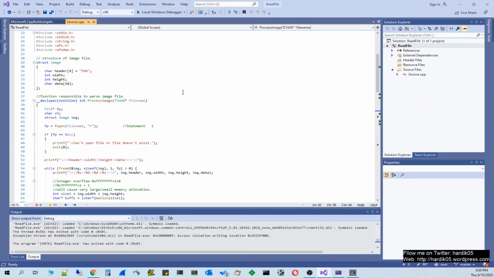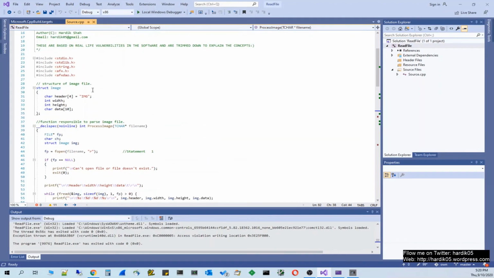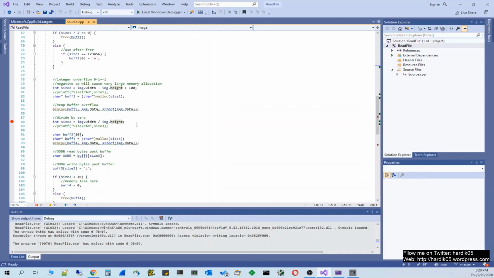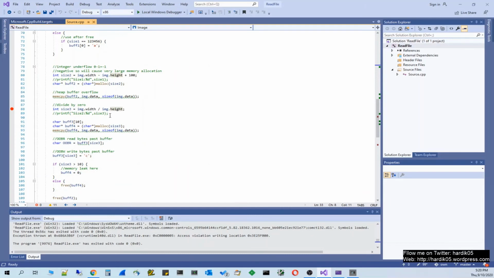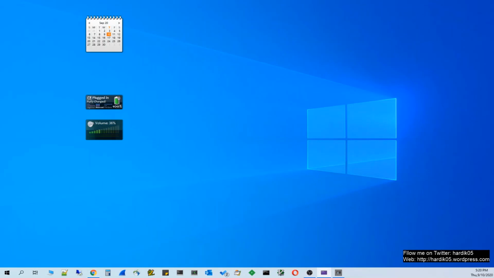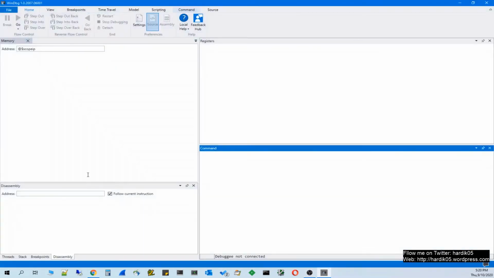Basically in our sample image file, the width and height were too large, and when you divided width by height, it became 3, and there was no check over here. So buffer4 was getting allocated, but there was no check whether the image data, which is 10 bytes, is longer than size3 or not, and that's why it was causing the crash. So that was the root cause, and let's go ahead and use WinDBG again.